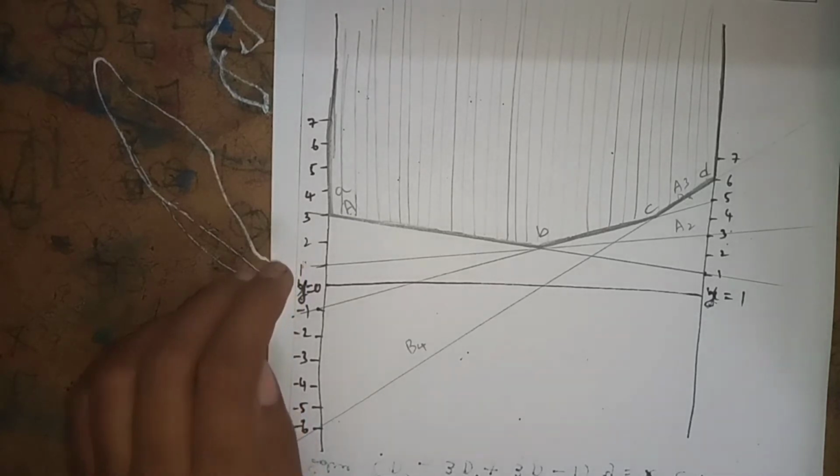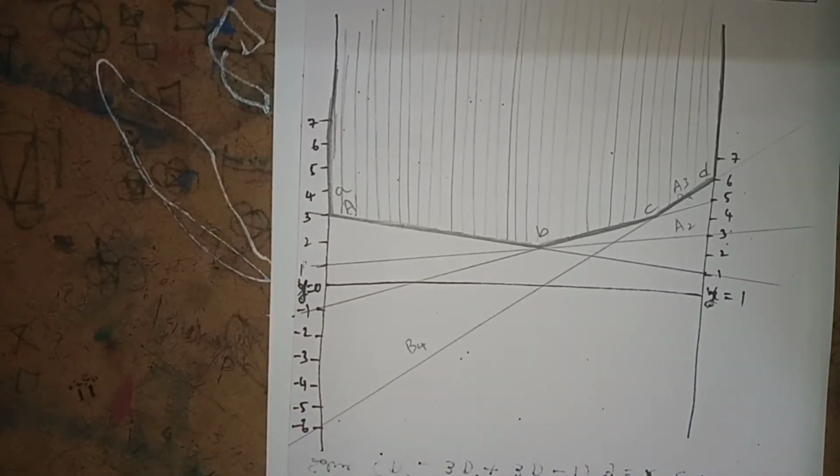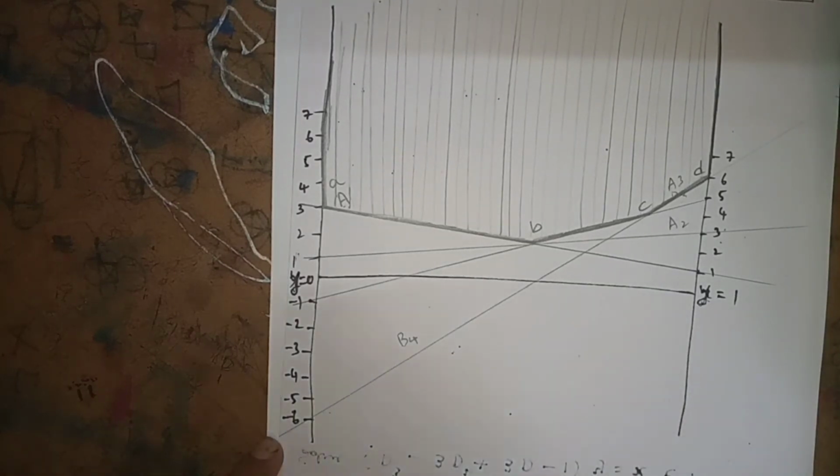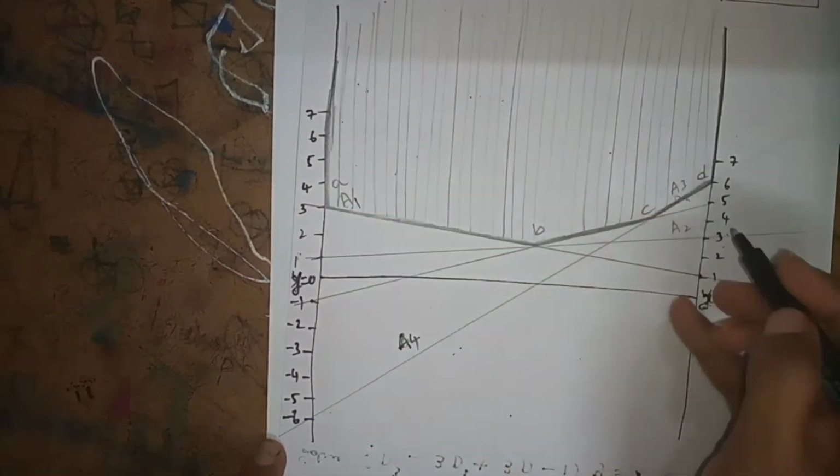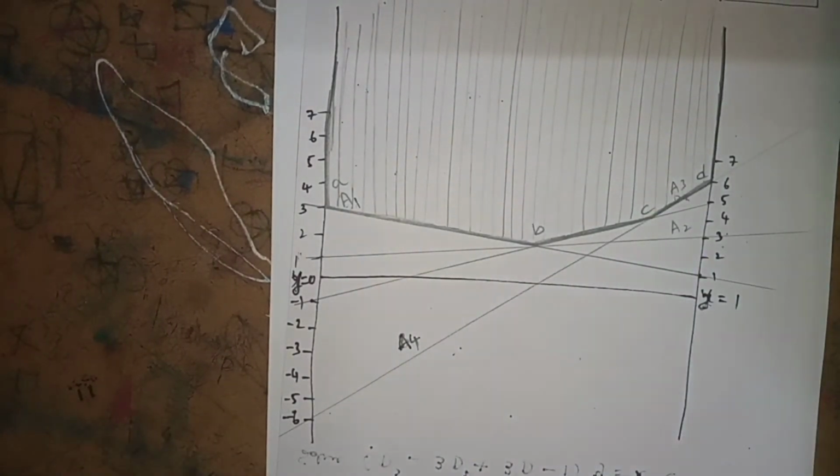These are all A1. These are A's alternatives, that's why A1, A2, A3, A4. This is A4. This is A1, A2, A3. Draw all the 4 lines. After drawing all the 4 lines,